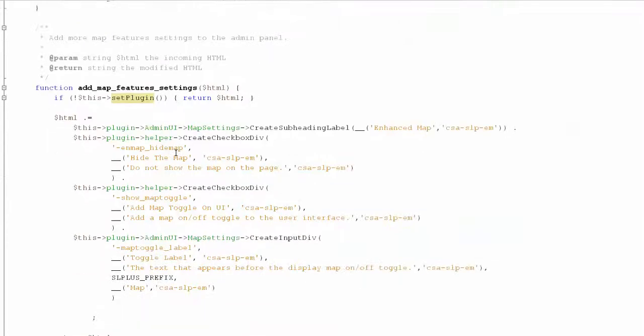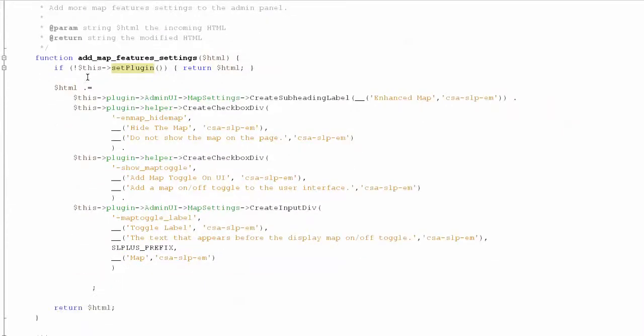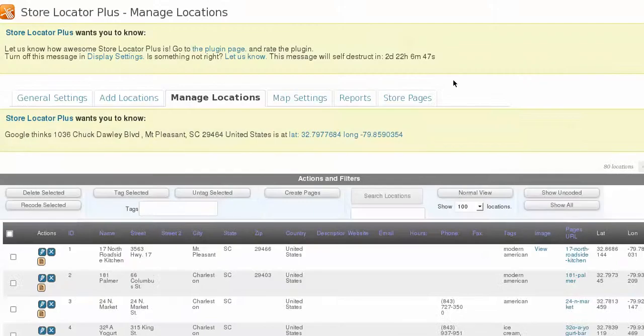So you can see here in this particular method, this is a filter, and it's getting the HTML that Store Locator Plus is using to draw the map feature settings box. So I'll bring that up here. If I go to map settings,